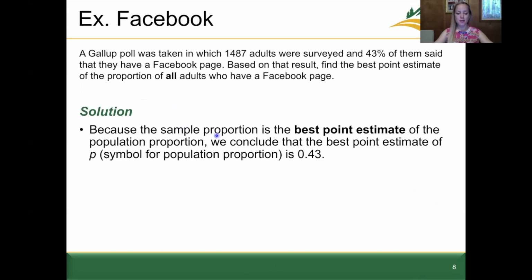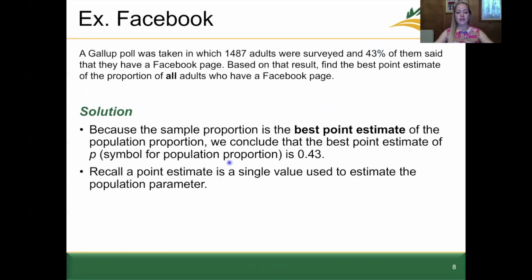Then for the solution, we can think through it this way. Because the sample proportion is the best point estimate of the population proportion, then we conclude that the best point estimate of p, which is for the entire population, is equivalent to 0.43. We don't have any other information from the question aside from this percentage here. And recall that a point estimate is a single value used to estimate a population parameter. When we're finding a point estimate, it's really imperative that we find the single value that can be most representative